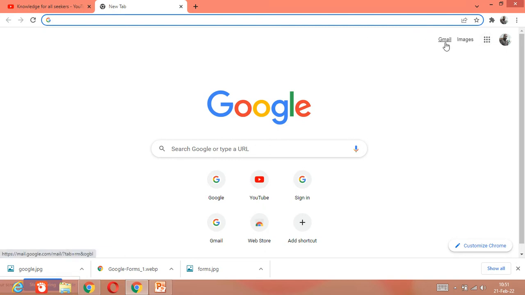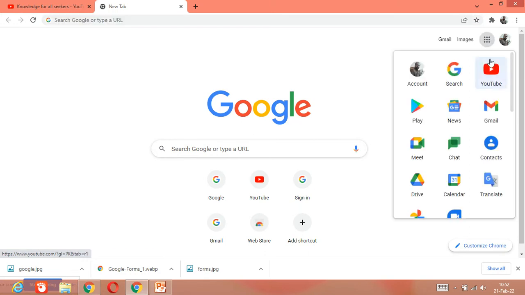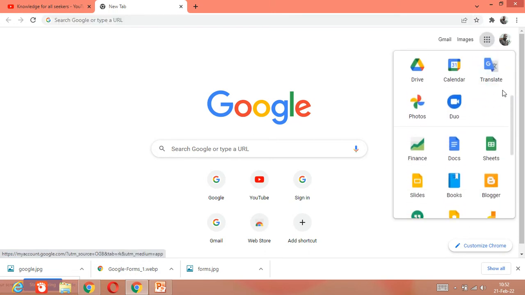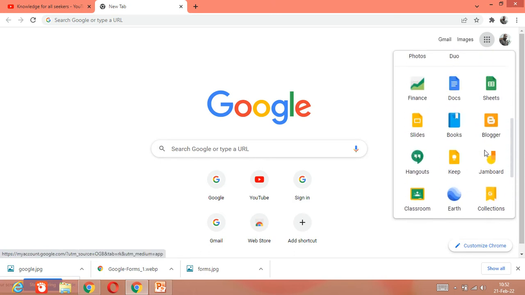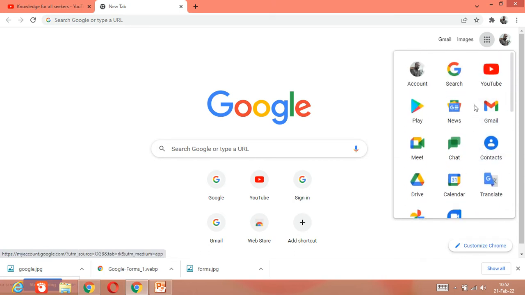If you open your browser, you will find 3 dots here and 9 dots here. These are the Google applications. You have to click on it. If you click on it, all these applications will be shown here. These all are applications related to